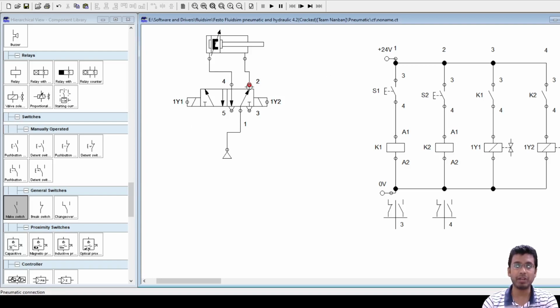Yes, this 5/2 valve. That is a solenoid operated 5/2 valve. So this is actually an interface that finally links all your control elements, your input elements, as well as all your processing. And one more question: what are your output elements here? Anyone? If I say identify the number of inputs here and number of outputs here, can you say what your inputs are here?